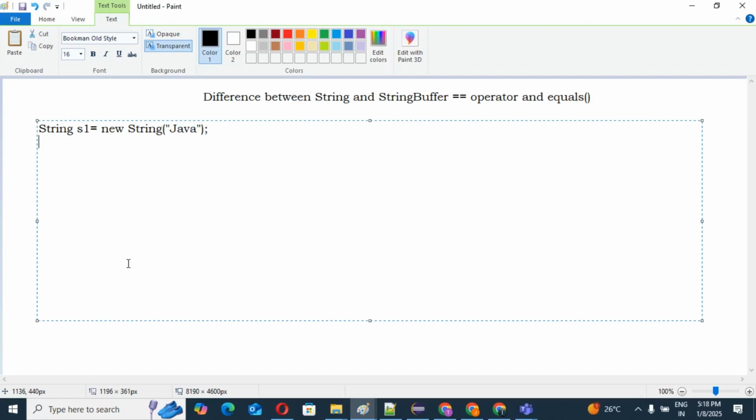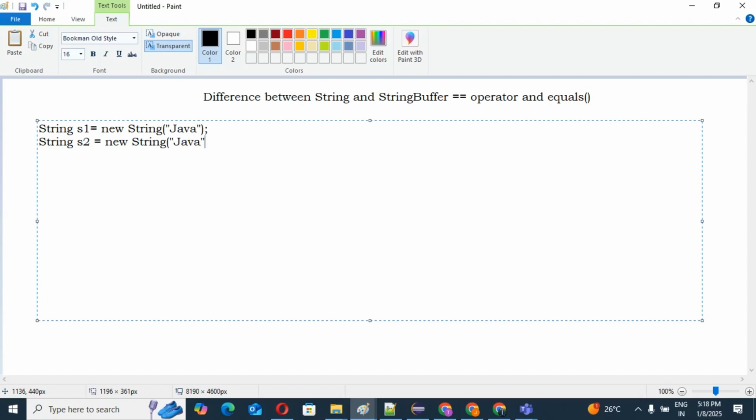Then I will create one more object, because I am going to compare with the equal operator and equals method. If you are going to compare two objects, that means we should have two objects. So String s2 equals new String, and I am passing Java only.